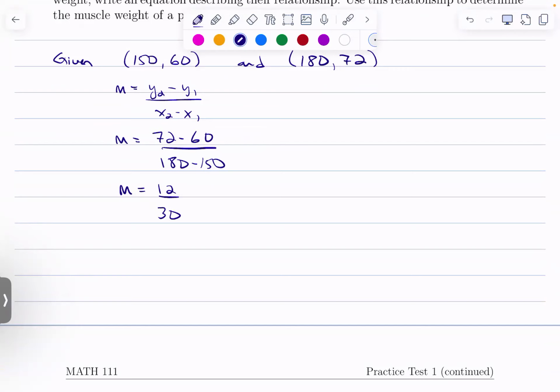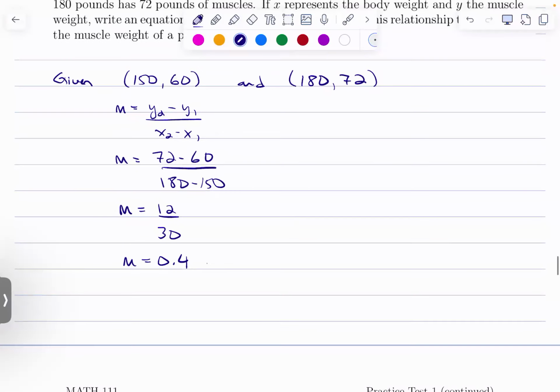Please be something nice. 0.4. Phew. Something nice. So then